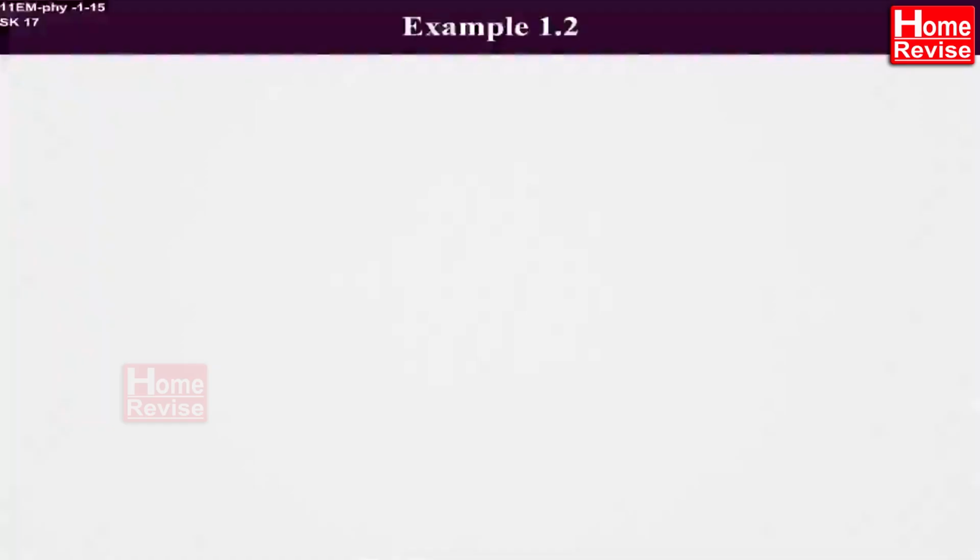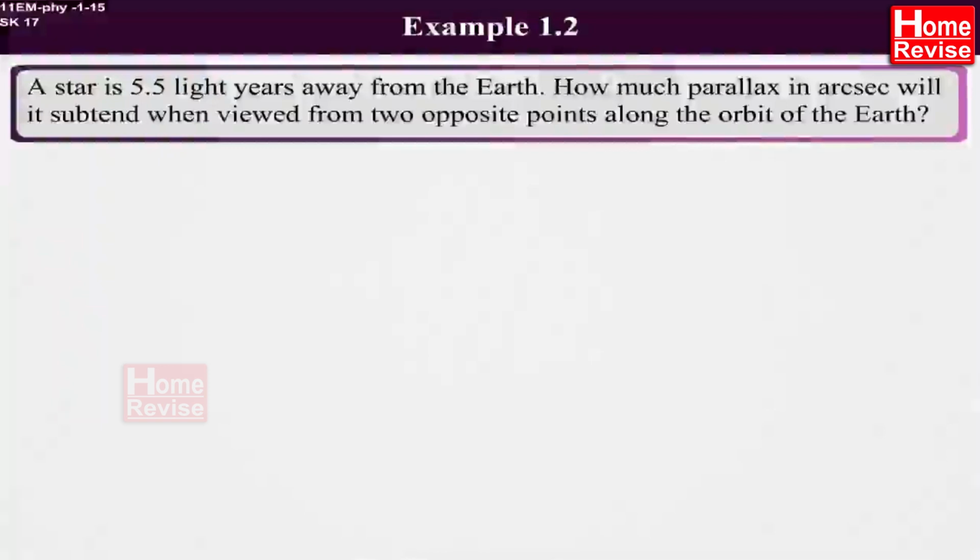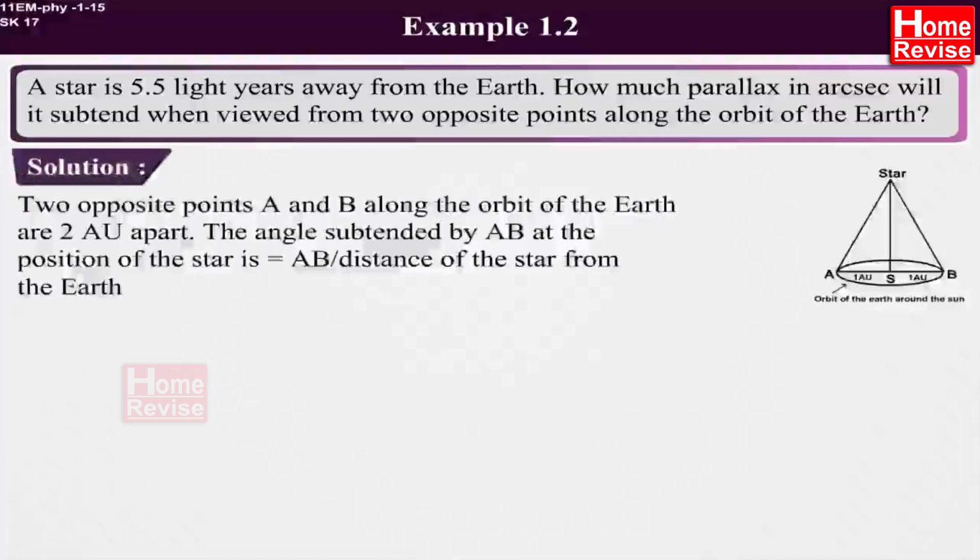Example 1.2. A star is 5.5 light years away from the Earth. How much parallax in arcsec will it subtend when viewed from two opposite points along the orbit of the Earth? Solution. Two opposite points A and B along the orbit of the Earth are 2 astronomical units apart. The angle subtended by AB at the position of the star is equal to AB upon L, the distance of the star from the Earth,